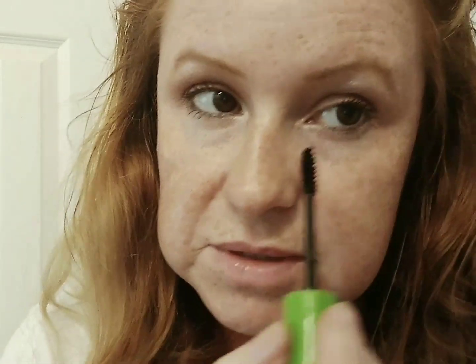I have to learn how to, being left-handed, I guess it's hard. I have to learn how to turn my hand. Just see. But I guess I've also been doing this as well, so it doesn't get all messed up. But I think